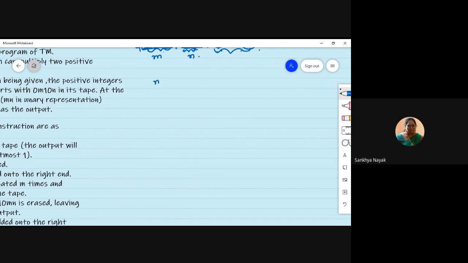Let us say m is 3 and n is 2. Okay, if m is 3 and n is 2, we'll start with, let us say, we'll start. So m is this, n is this. Let's start with the initial state being somewhere. Let us say initial state be q0. What I'm going to do is, okay, this 0 we already seen. So we are going to make this 0 a blank.